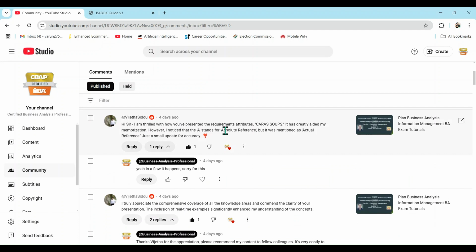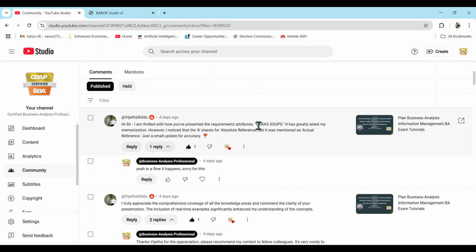Then Vijayta says: I'm thrilled with how you have presented the requirements attributes. Okay, so in order to understand or learn the BABOK in a structured way, which would help you to memorize things easily, you need acronyms or a structured way of learning. So here, for the maintain requirements attributes,